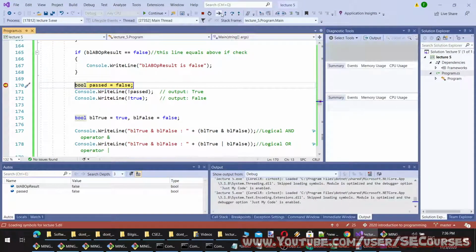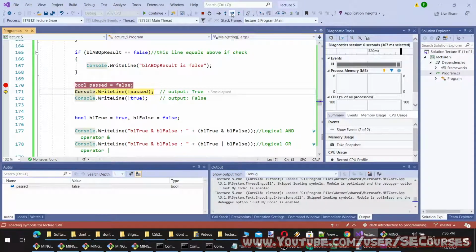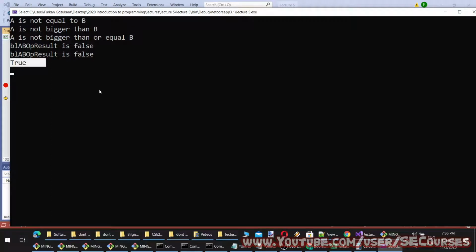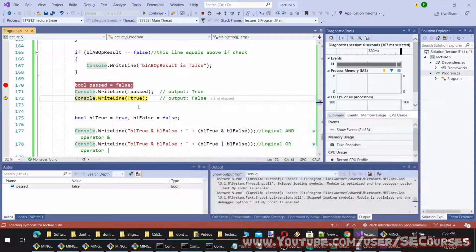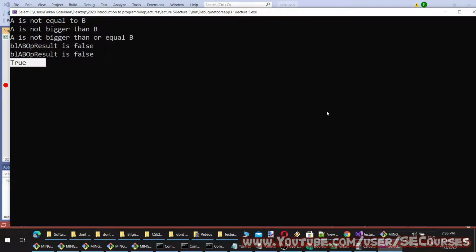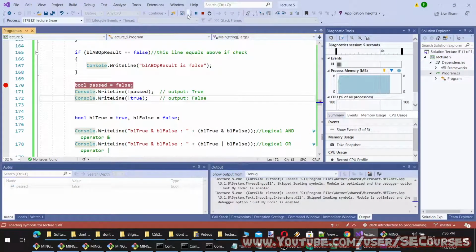Okay, so I am defining it as false, and when we negate it, it is printed as true, and when we negate true, it is printed as false. However, this is really annoying. I wonder what causes this.